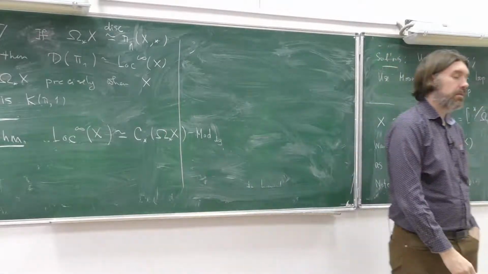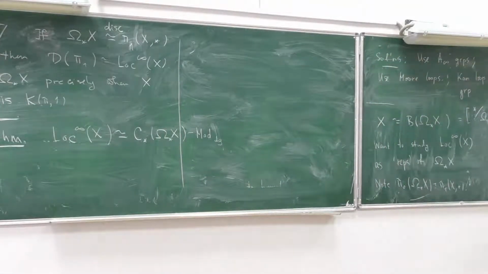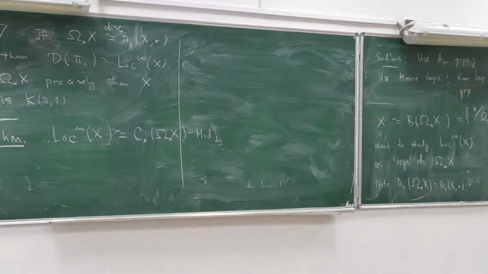So there are actually three categories. One is this full subcategory of all sheaves. One is something defined purely homotopically, which I haven't defined yet. And the third is these DG modules. And you can compare all of them. And it turns out the homotopy categories are the same.